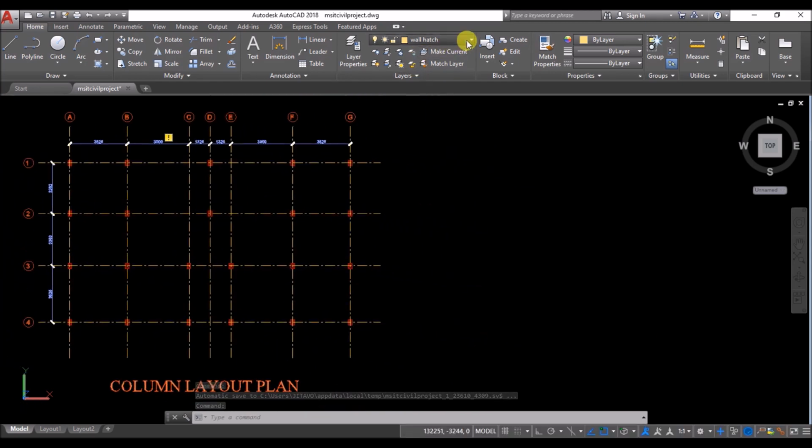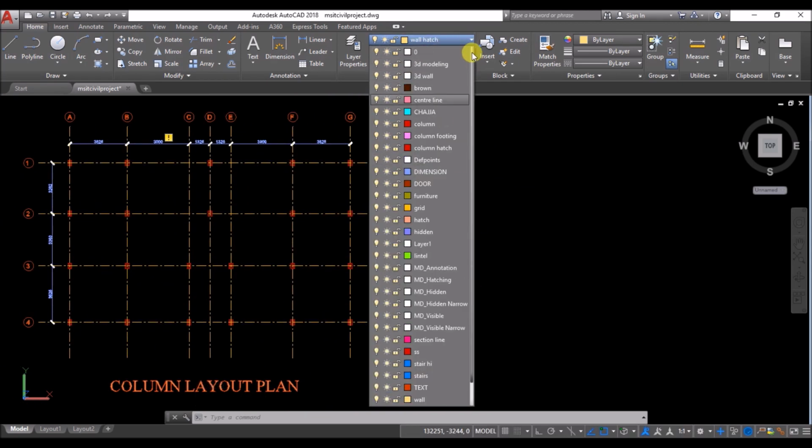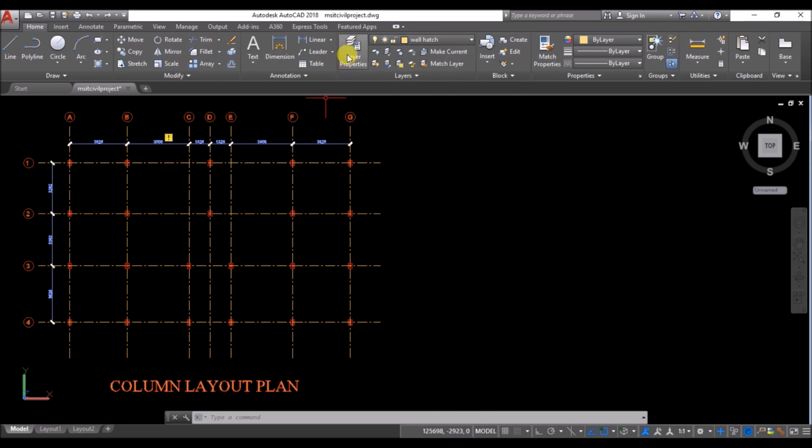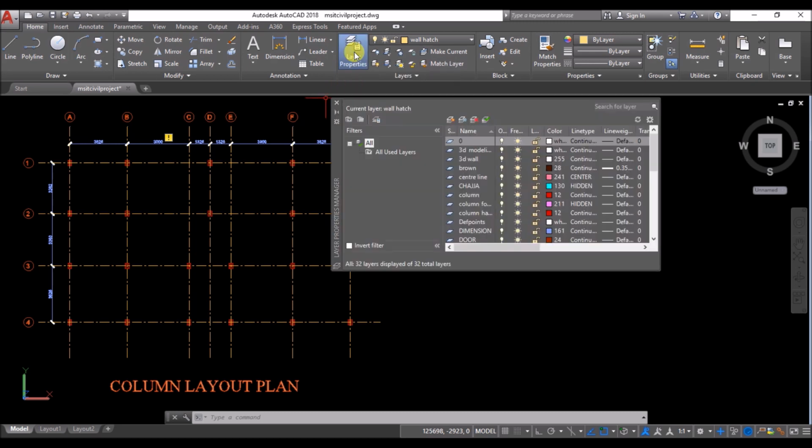So I have created a few layers as shown on the screen. You can simply take a screenshot of the screen and create all the layers. For creating a layer, just click on the layer properties.